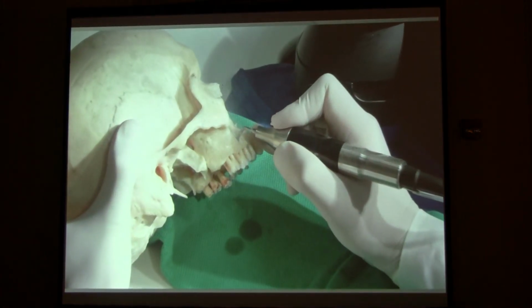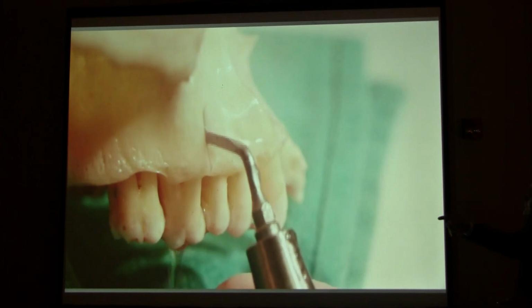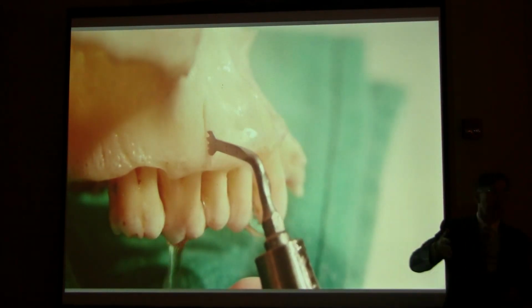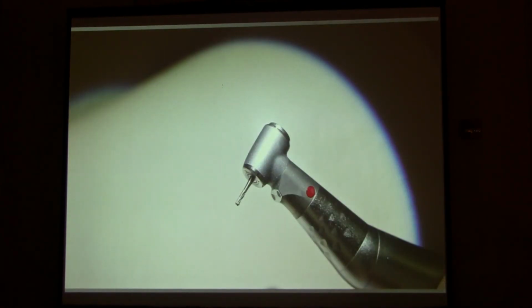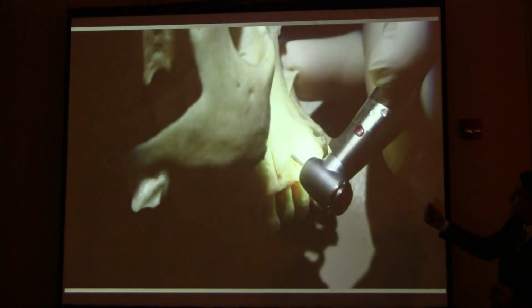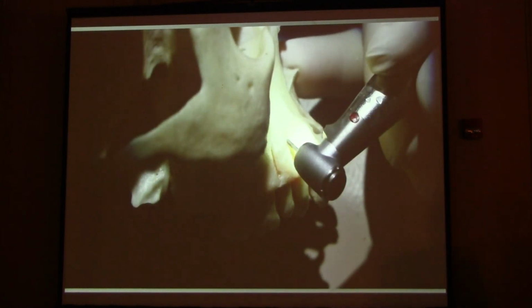And so here I'm demonstrating it on a skull with a little piezo that we use in the office, and we'll go all the way up. And it cuts really quickly and fast. It's a very quick and simple procedure for an orthodontist to do in his office. If you want to use a handpiece instead, you should use a low torque handpiece. And you could essentially mimic it with a handpiece, although it's not quite